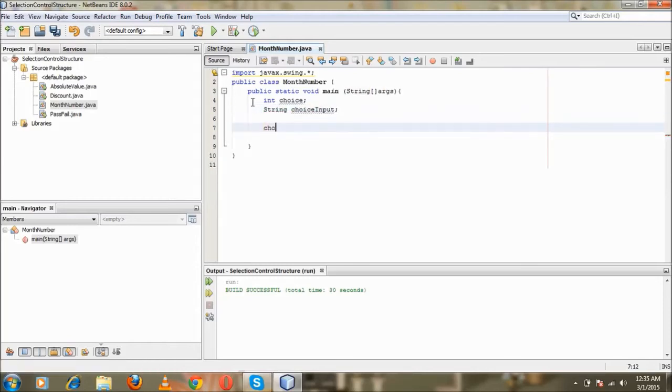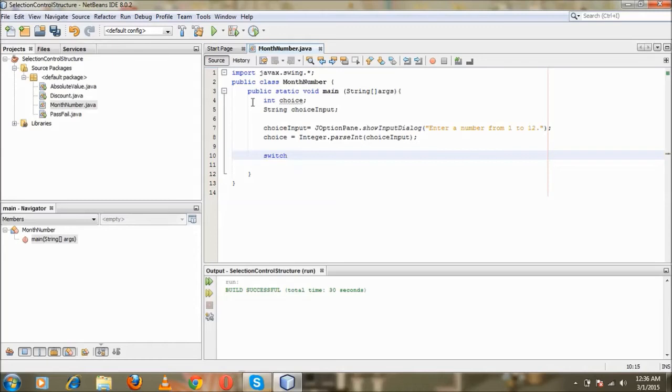Choice input is equal to JOptionPane.showInputDialog("Enter a number from 1 to 12"); choice is equal to Integer.parseInt(choice input); switch (choice) {